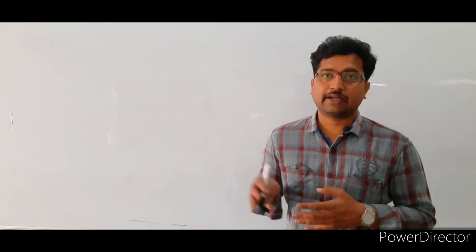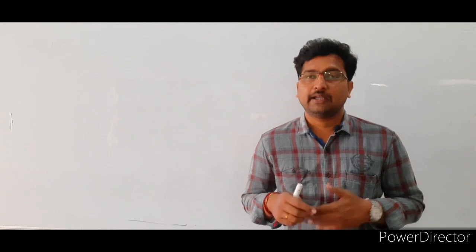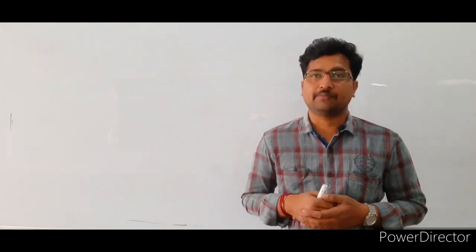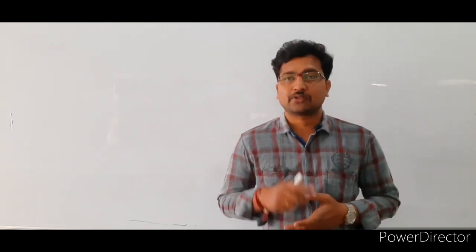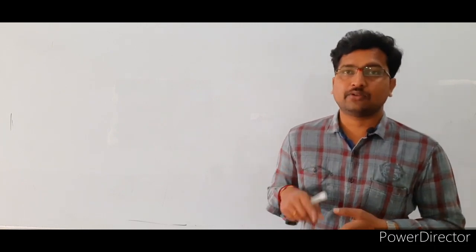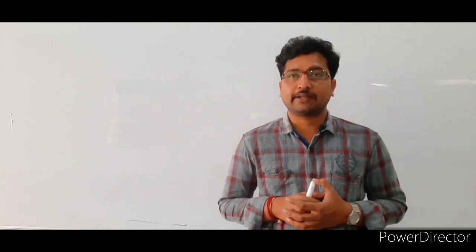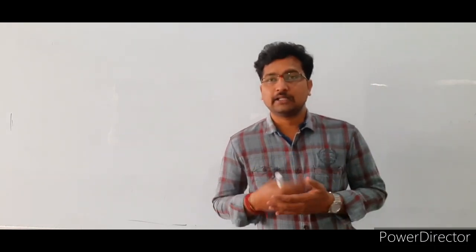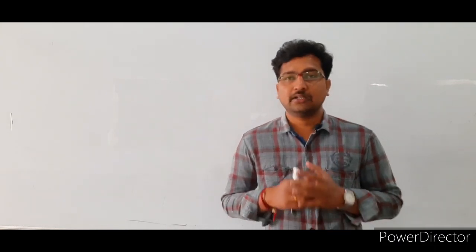After that, we are going to find the efficiency of the Carnot engine. Efficiency is denoted by eta. It is defined as the ratio of work done to heat absorbed. Then what is the final expression to calculate the efficiency of a Carnot engine? Eta is equal to 1 minus T2 by T1. That is the efficiency formula. The efficiency of a Carnot engine depends on the temperature of the source and the sink.